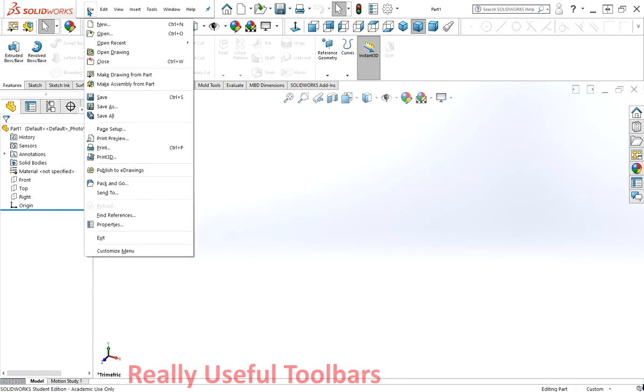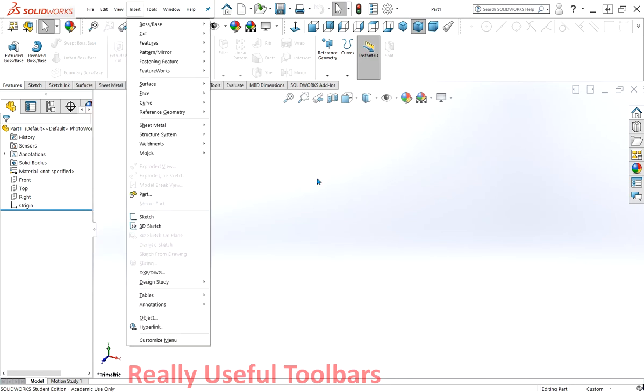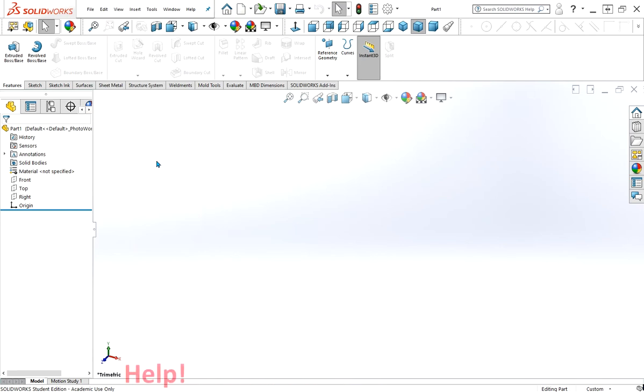So the first thing to do, once you've got your part open, the other thing to look at is this here. This is a general sort of a box which, if you pull down here, you can use for different things. So help, you can do a search for help. So for sketch, say, it'll bring up